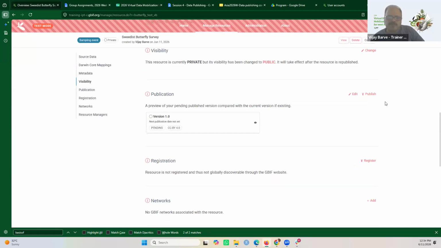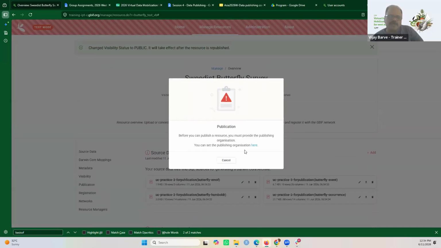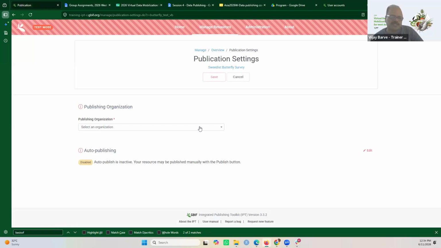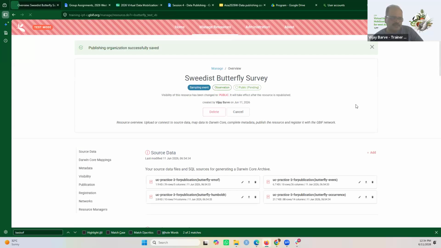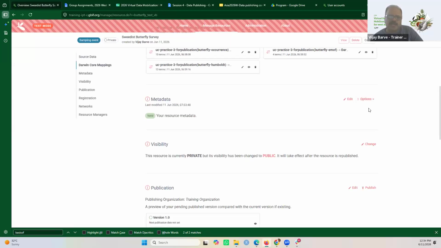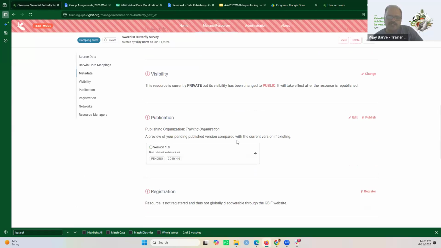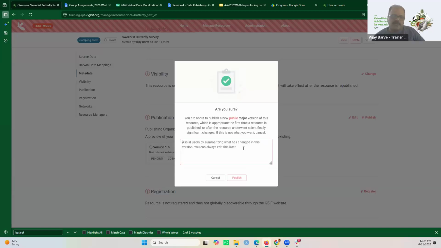I'm not worried. And then when I hit publish, it will tell me that I have to select a publishing organization. I'm going to select training organization. And now that I have the organization selected, I can actually try and publish the data. And when I'm publishing, I need to say, so I'll say initial test publish. And then,